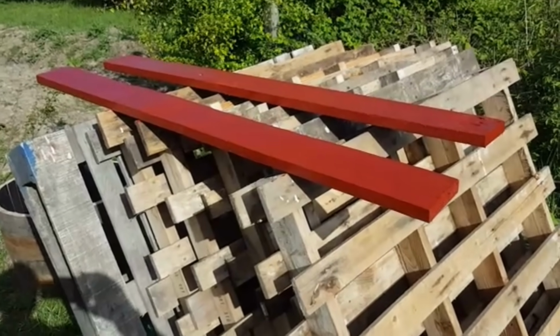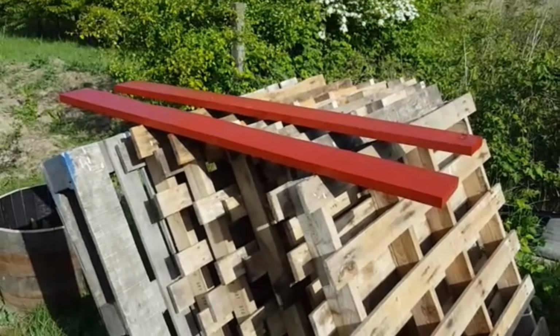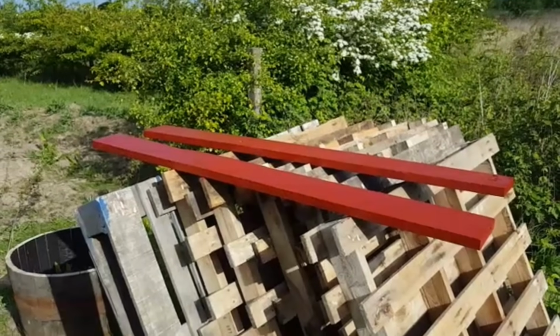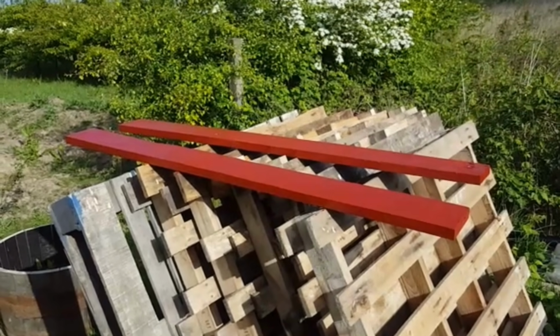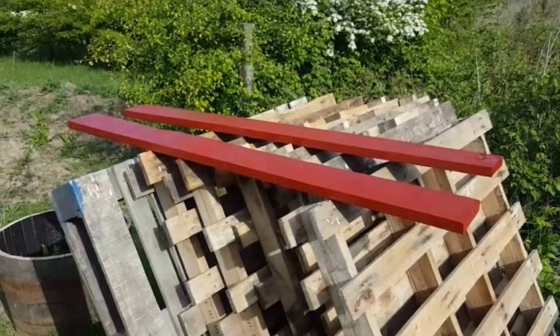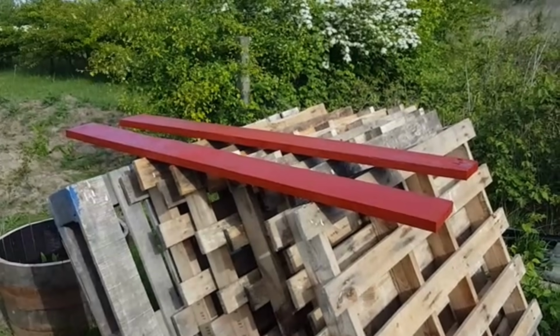But that's the two battens painted, ready to go onto the roof to mount those solar panels. Sun is out and there's a bit of a breeze, so hopefully they should dry off fairly quickly. But it is floor paint at the end of the day, so it is going to take a few hours. I'll just check back in a couple of hours, flip them over, and then hopefully get them dried off and